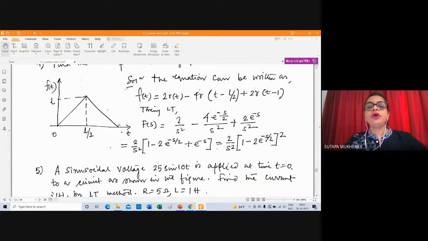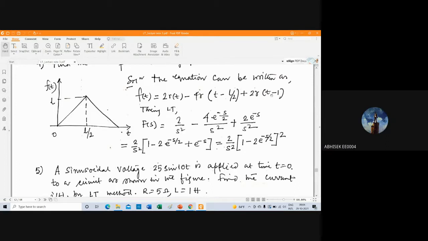So if you want to stop here, you have to add T minus. This is not A1. This is basically L. Mind it. You will correct it. Abhishek, it will be L, right? Because if the function starts from here, it will be T minus L. Pick it up. Yes, ma'am. So it will be T minus L.